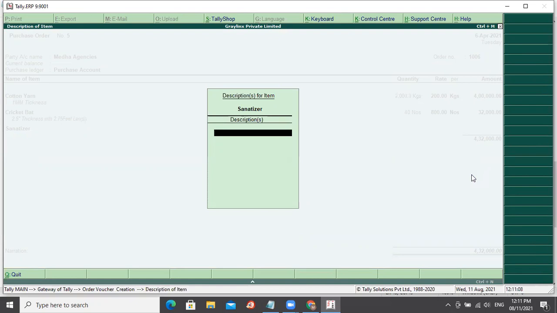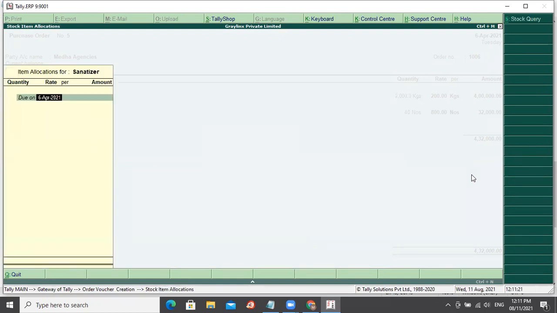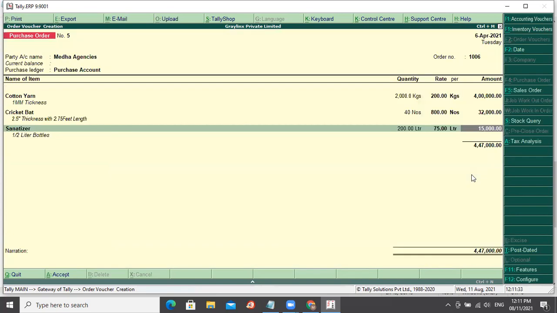Okay, so I'm taking the third item, sanitizer. For example, I will just say half liter bottles. By 8th of April, I need 200 liters at 75 rupee per liter, 15,000.